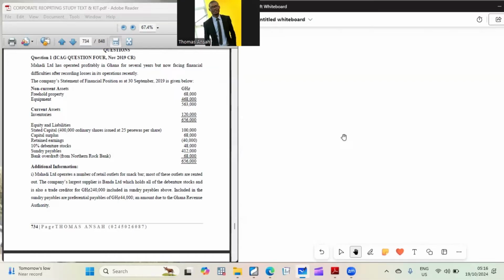Now take a look at this 2019 question. And please let me also advise this. When it comes to reconstruction, I've seen what happens in the system. There is this misconstruing concept of capital reduction. And it comes from the very old days. Of course, I am part of the old days people. People are consumed by